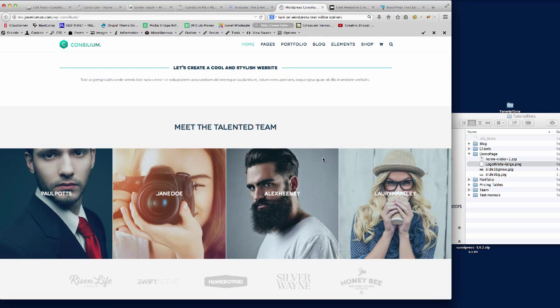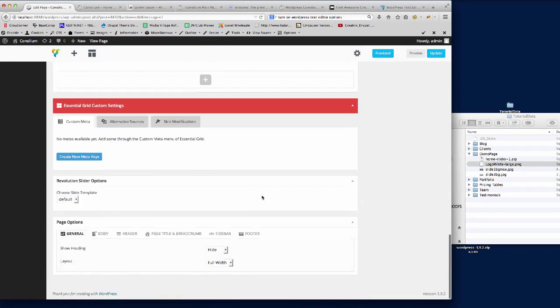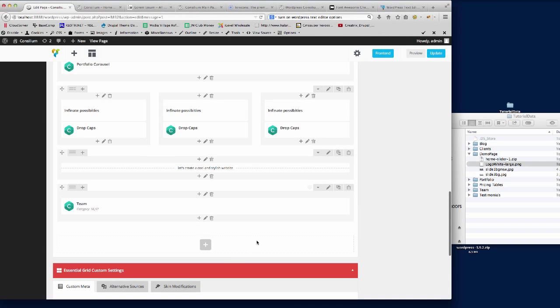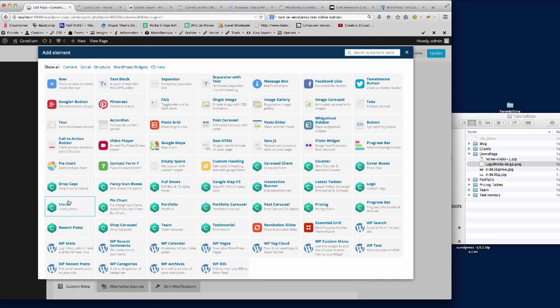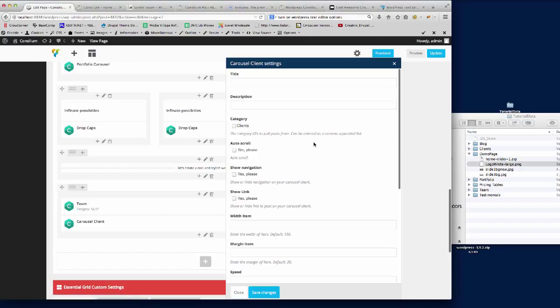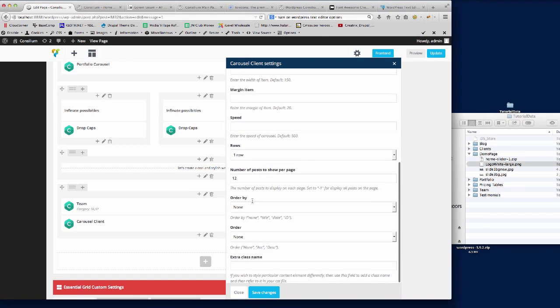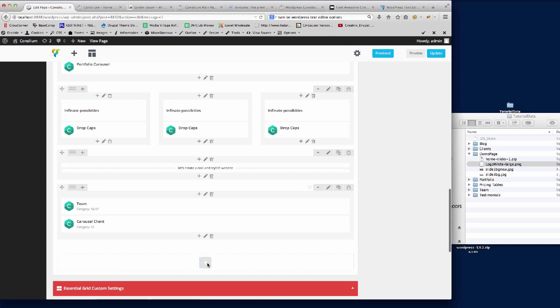So the next part that we could put on there is the client logos. So if we wanted to add some client logos underneath, the same again, we'll add another row. Well, in fact, we could add the client logos straight underneath, couldn't we? So we go there, click the plus icon, and if we find the client carousel, let's give it a title, who we work with. So the category is clients. We're not interested in anything else on there at the moment, so let's just have a look what it looks like. So if we save that, I'm actually going to put it into a new row